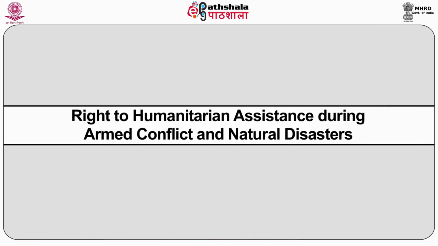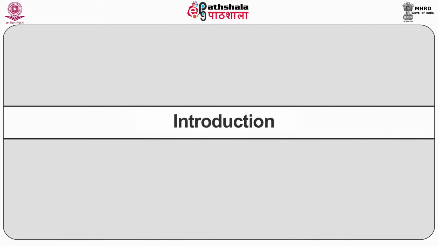Right to humanitarian assistance during armed conflicts and natural disasters. Introduction. In recent decades, armed conflicts and natural disasters have caused severe suffering and deprivation of basic necessities to millions of people. There is a long history of international efforts to save lives and alleviate the suffering of those not taking part in an armed conflict and who are deprived of the basic necessities of life as a result